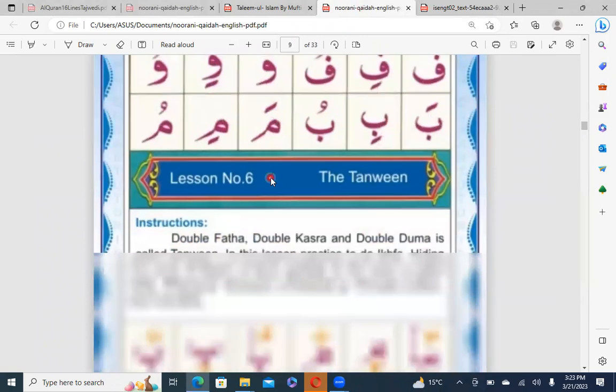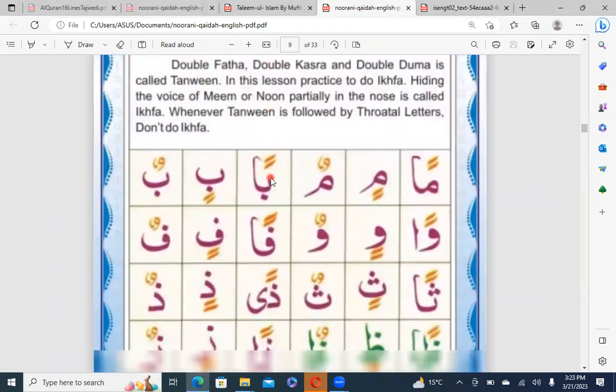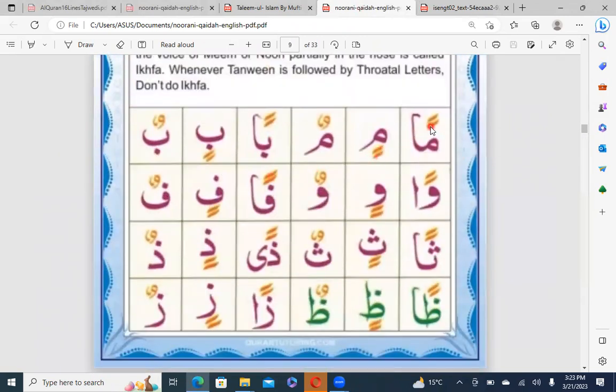For example, and one more thing, after the tanween of fathataini, if alif or ya are written, then do not read those alif or ya during the spelling after tanween or zabar. If alif or ya are written, then do not read those alif or ya during the spelling.